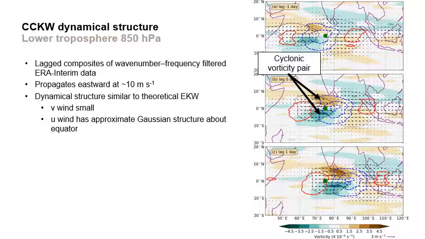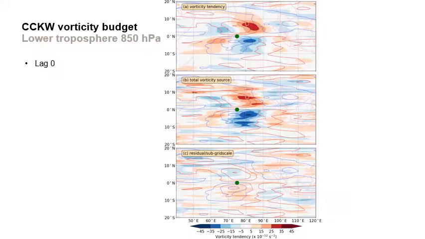Associated with that wind field, we have a cyclonic vorticity pair, just as with the equatorial Kelvin wave. And again, we have convergence to the east of that. So it looks pretty similar so far. So if we now go on and actually construct the vorticity budget,